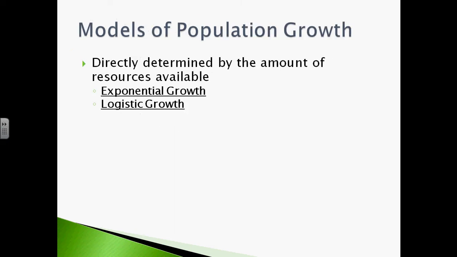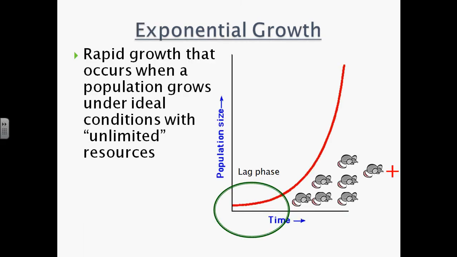There are a couple models of population growth you need to understand. In all of these, population growth models depend and are determined by the amount of resources available. You've probably heard of these growth terms before: exponential growth and logistic growth. So let's look at our first one. In exponential growth, we see rapid growth that occurs when a population grows under ideal conditions. That means